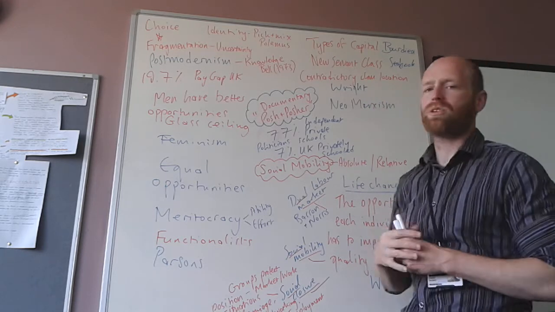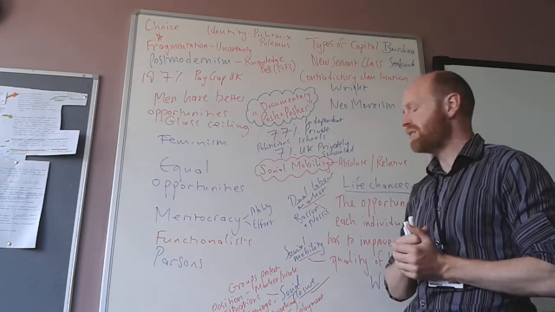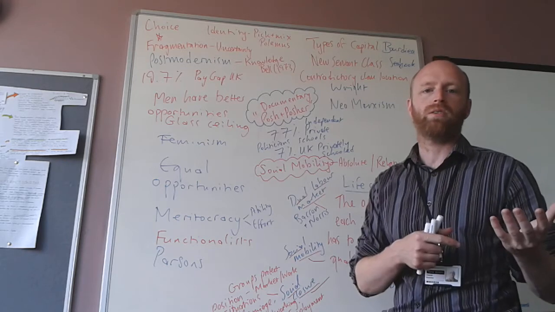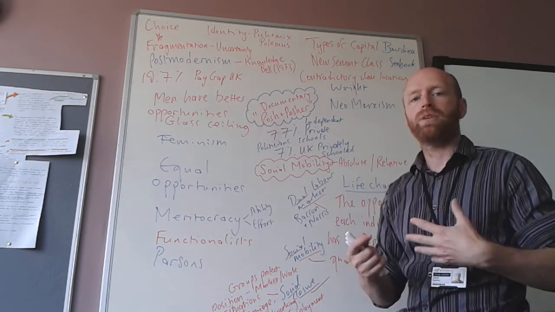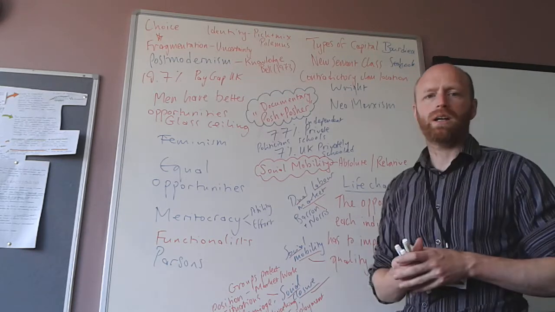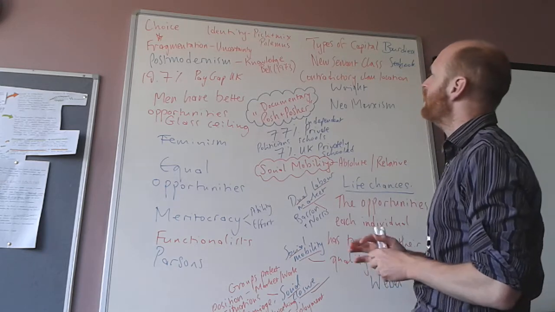Eric Wright talks about the contradictory class location of the middle class, where again the opportunities to improve the quality of life may be enhanced by having some level of power and ownership of the means of production through share ownership, for example, but then may be diminished by their position in being exploited by the upper class, the owners.